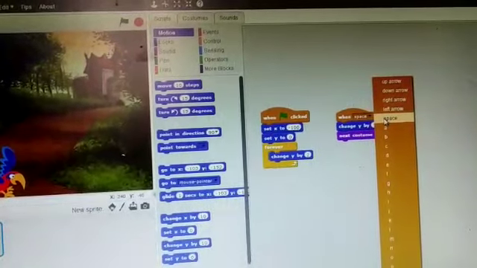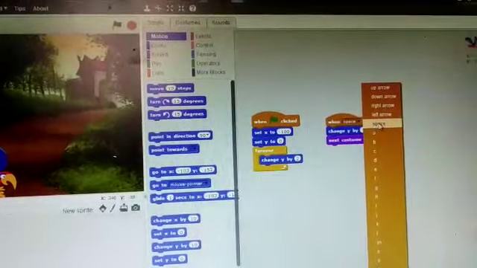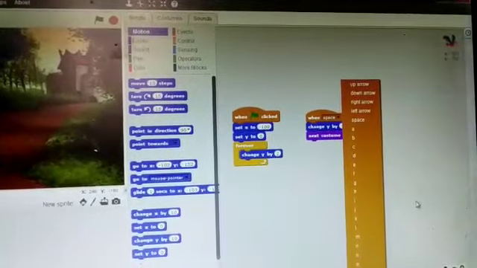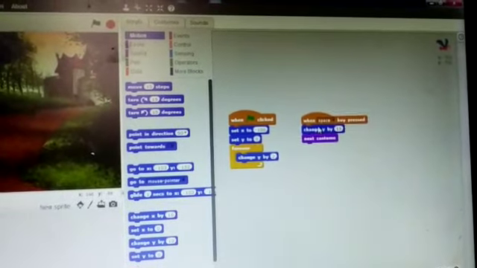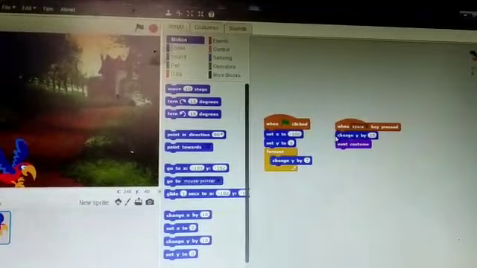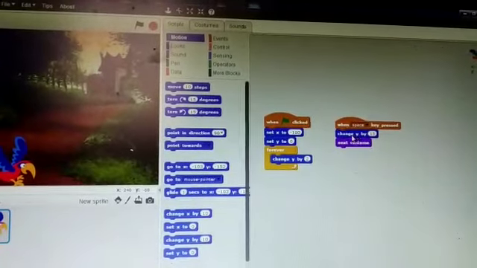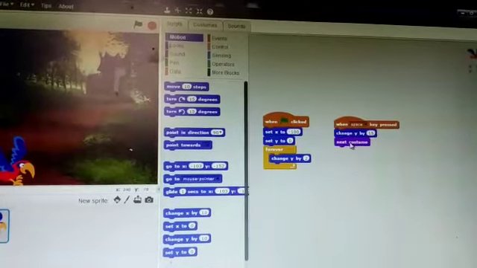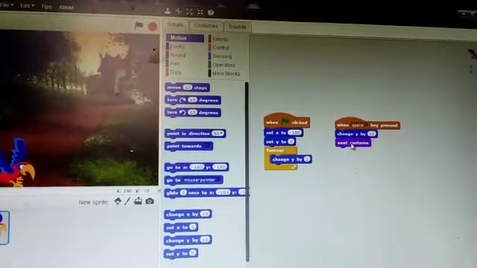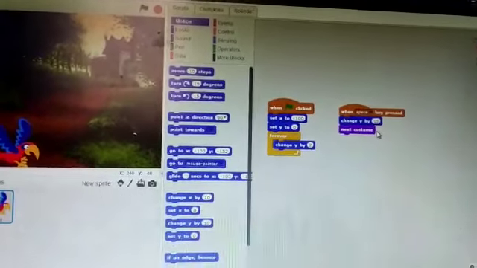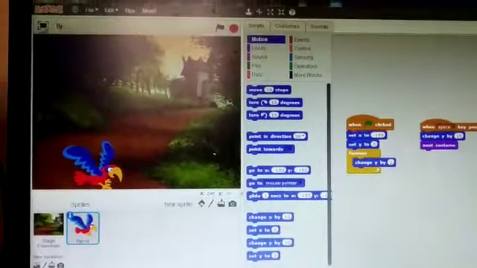I have chosen this space. When we press this space from the keyboard, then it will change. Now again go to this motion block, change y by 15, then go to the looks block, then next costume. Now we will see how this program will work.